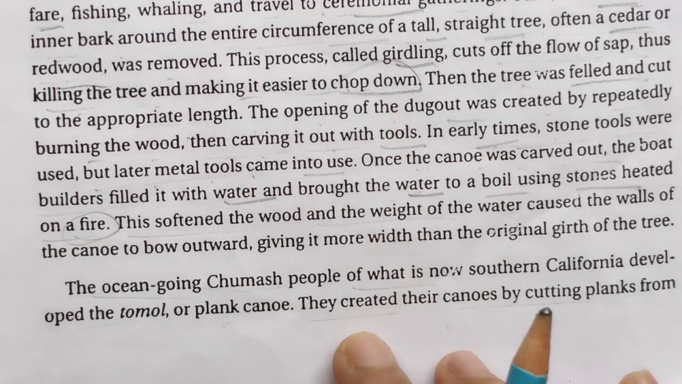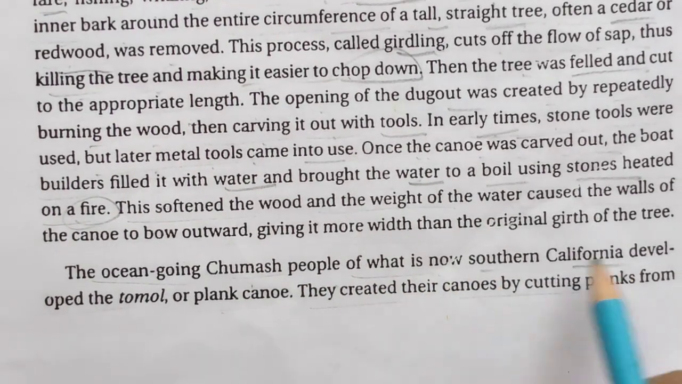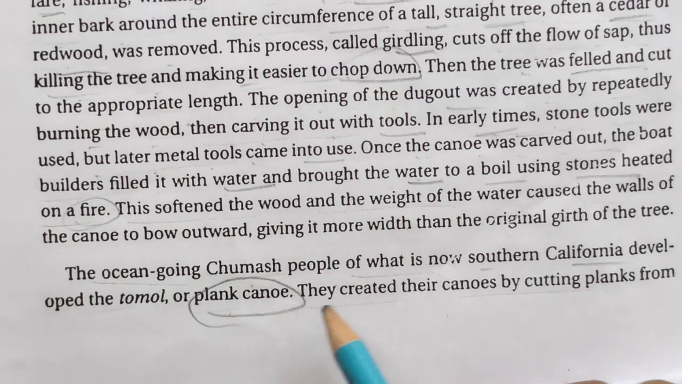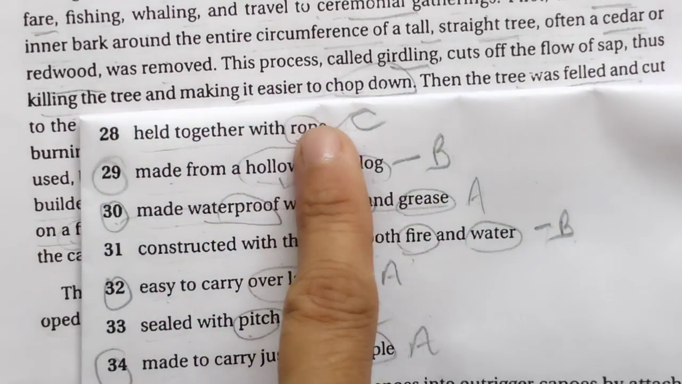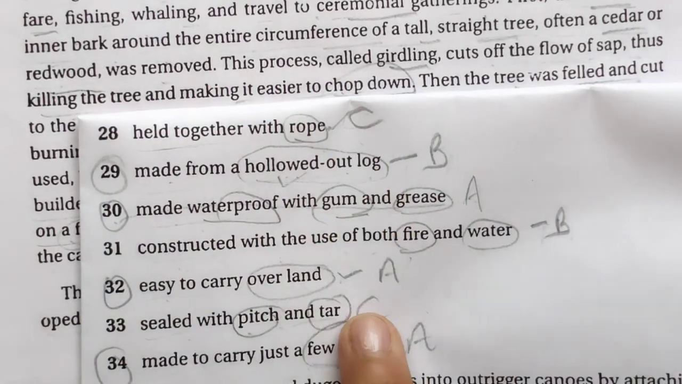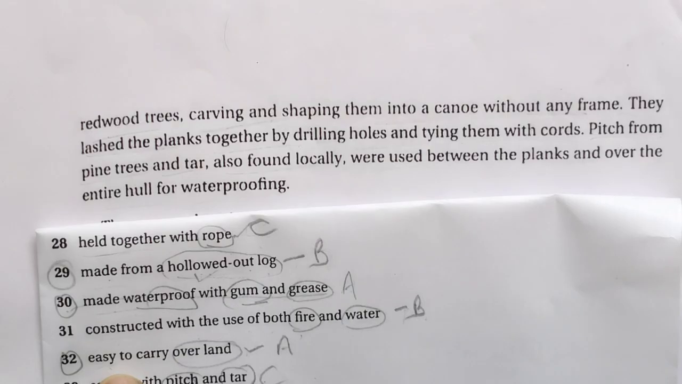plank. Okay, so plank may be in the next paragraph. The ocean Chumash people of what is now Southern California developed the plank canoe. It means they have started talking about the third number. We were right, two options will come with C, but we are making a video, so I will tell you the location. So here